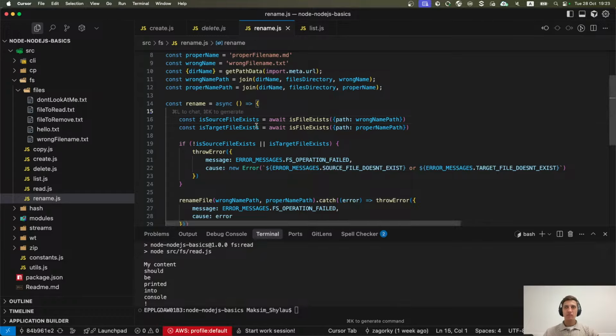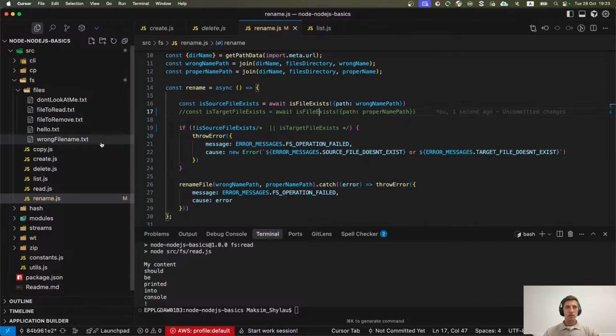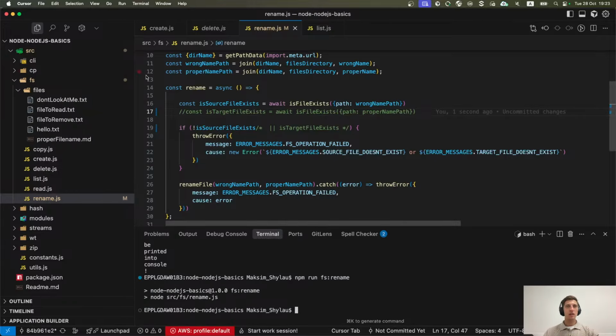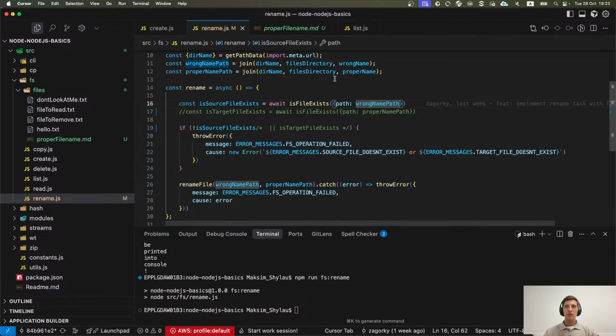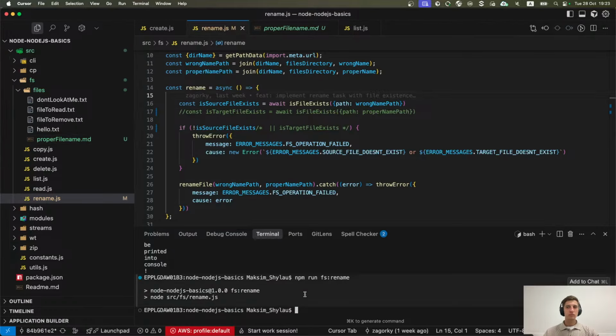Let's remove this check, and let's remove this one as well, and let's try npm run fs rename. Okay, it was renamed, and let's try to do this rename again.